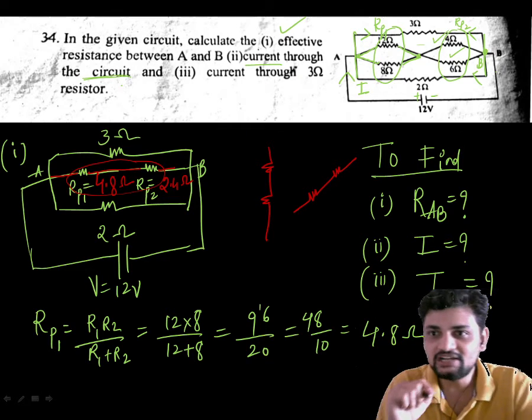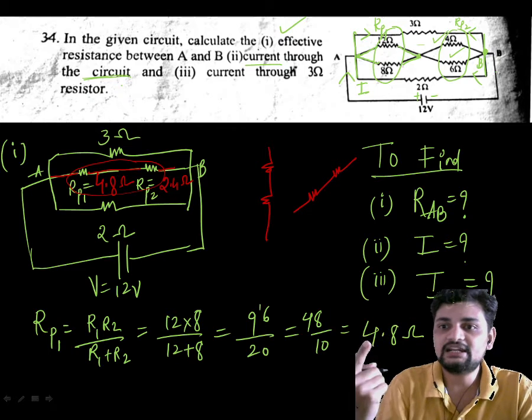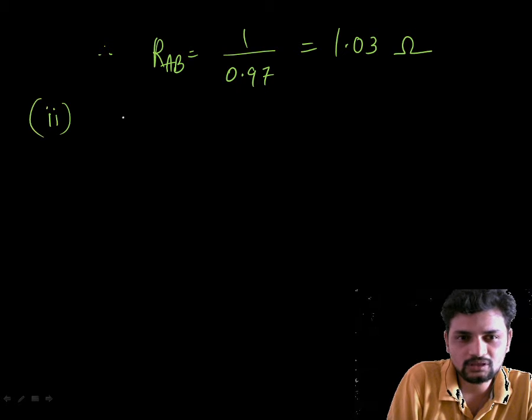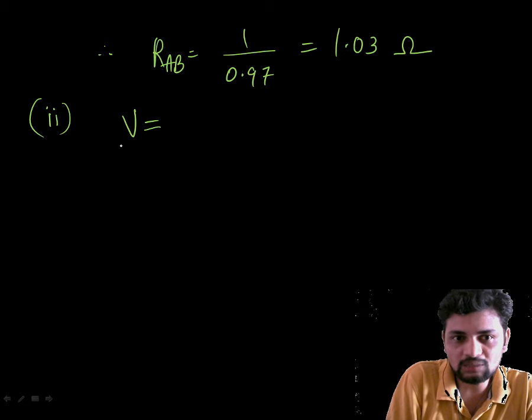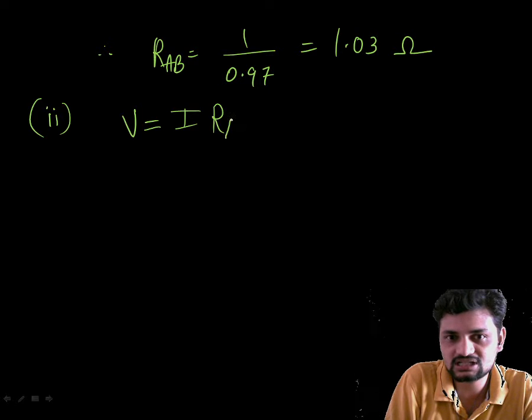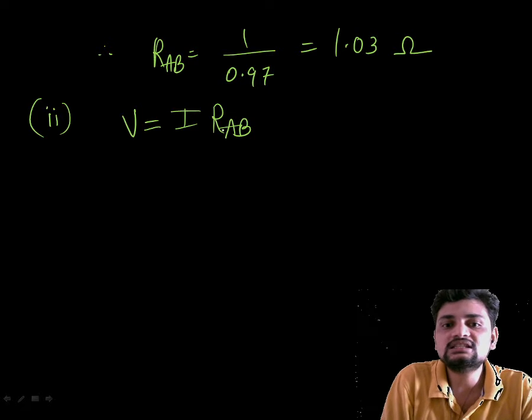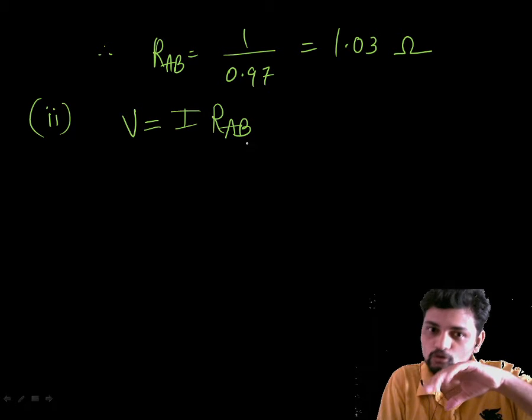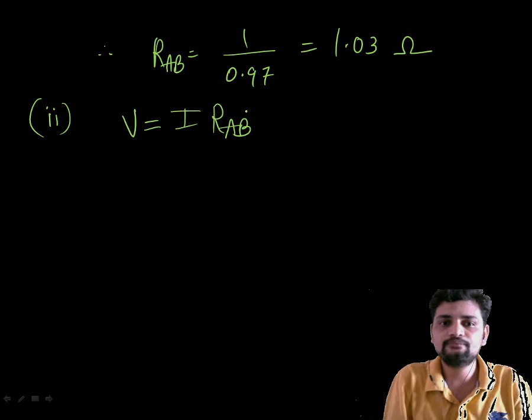As I already mentioned, total current is what they are expecting. So let us solve the second sub question as per Ohm's law. Ohm's law states the total potential applied across the conductor is a product of current and effective resistance. So neither R1 nor R2 nor any particular resistor will come. This comes out to be the total resistance between AB.